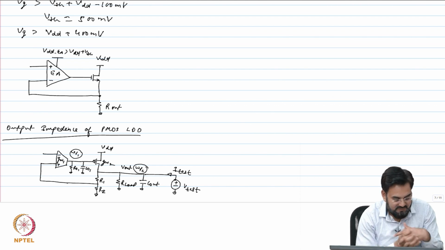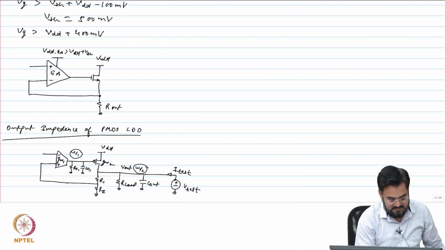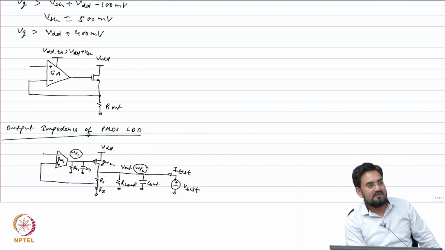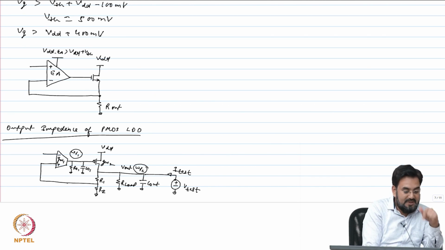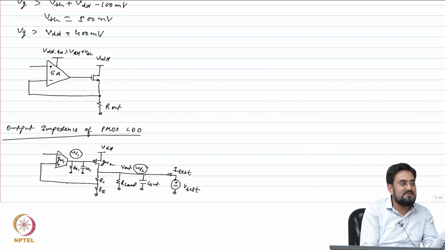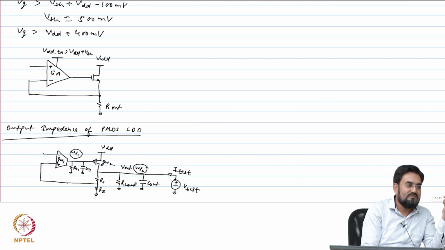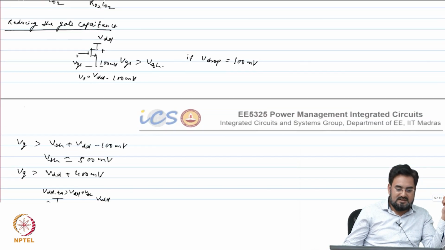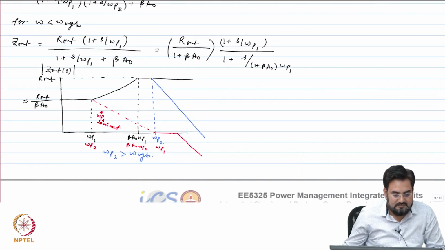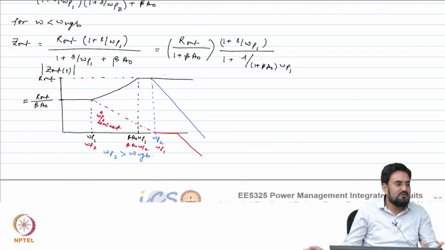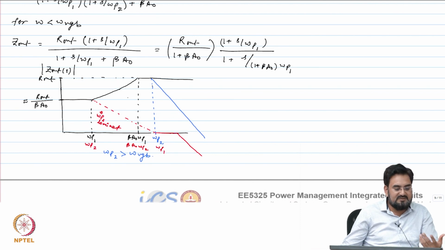Okay. So improving the transient response means you need to increase the bandwidth obviously. Okay. So if you make omega p1 dominant, then the only way to improve the transient response is to push the bandwidth higher. Okay. So this particular region, you want to push this peaking at higher and higher frequency to improve the transient response. Okay. So which means if I want to improve the transient response with omega p1 dominant, I have to increase the bandwidth.